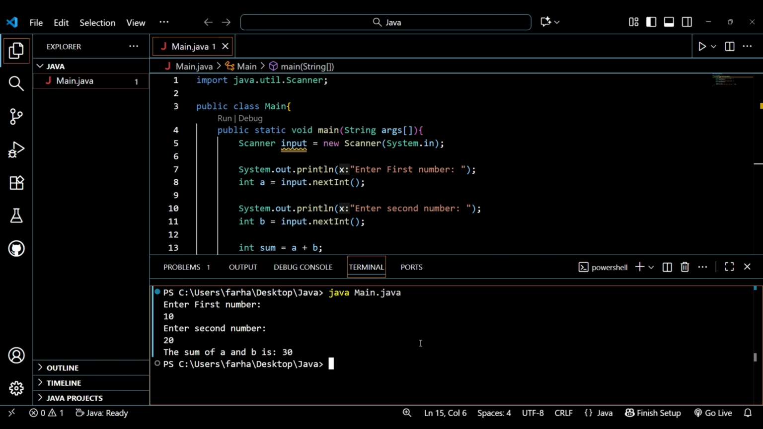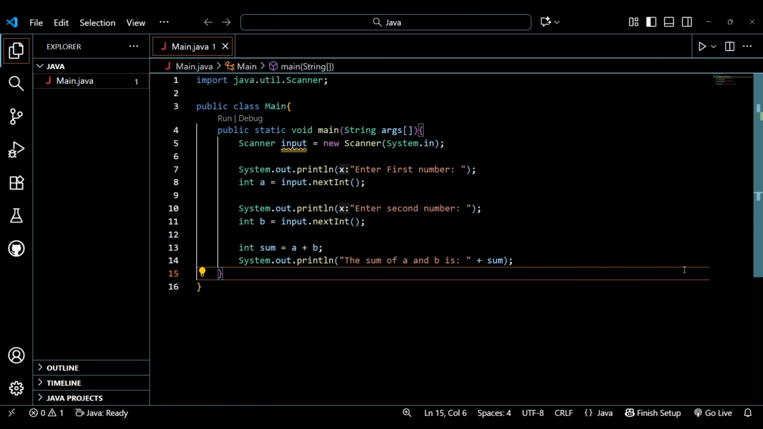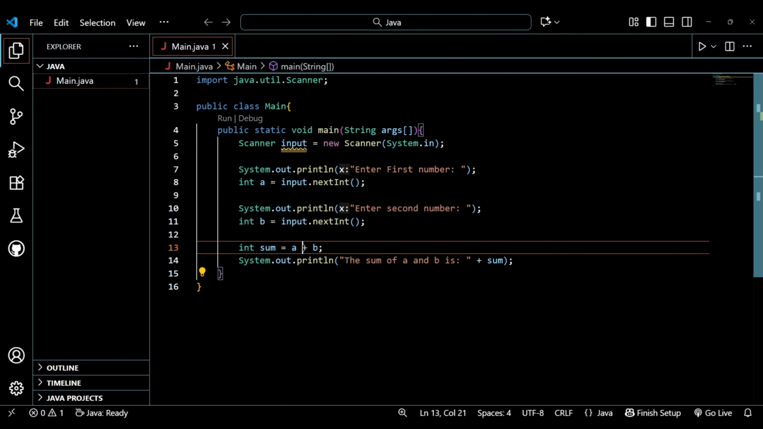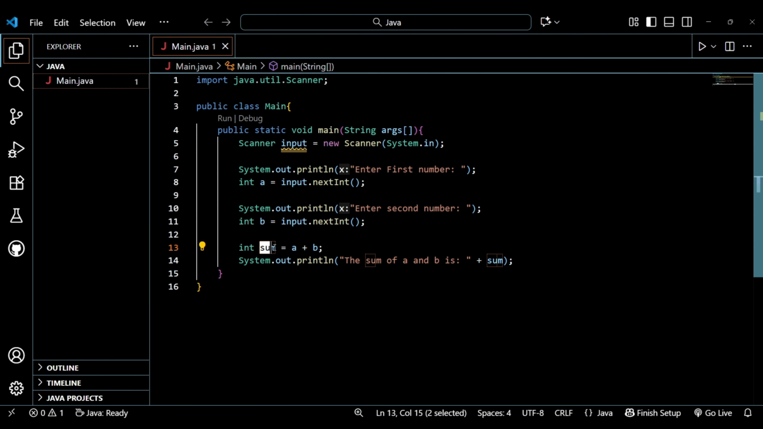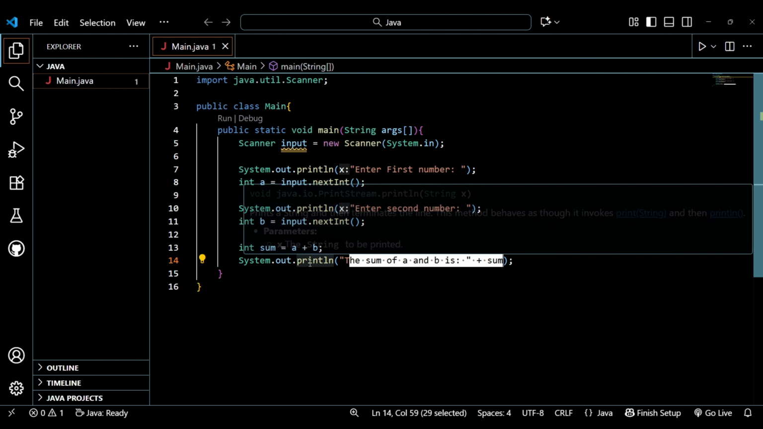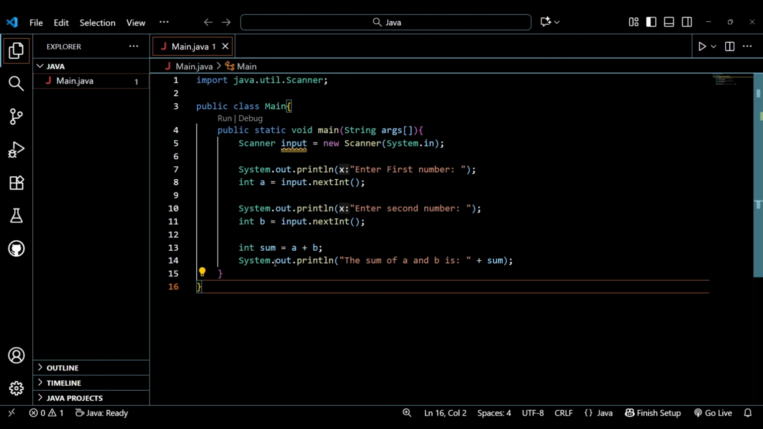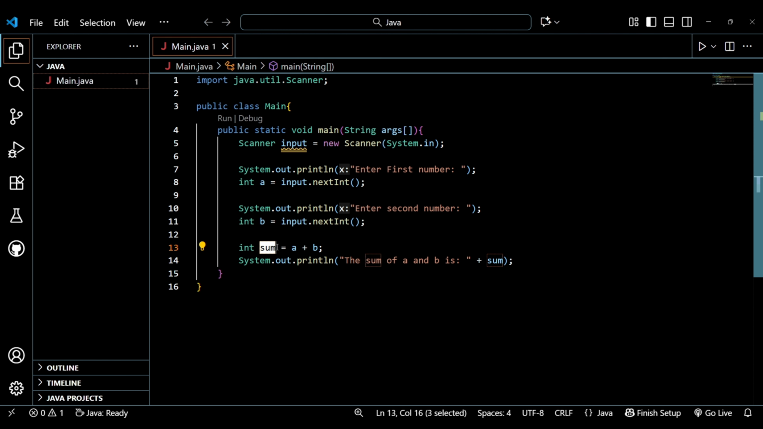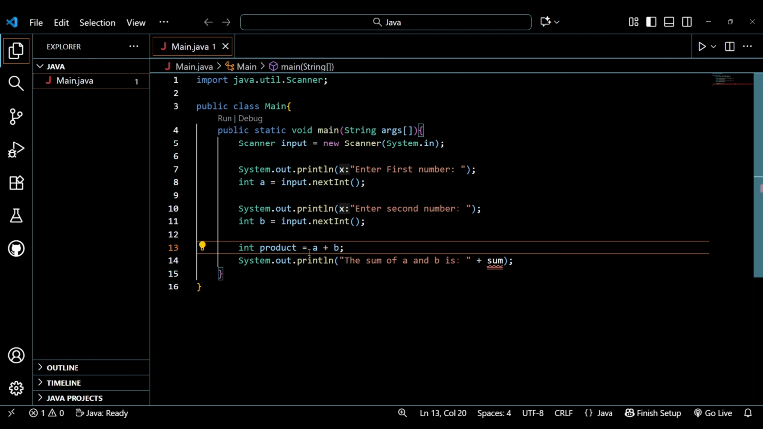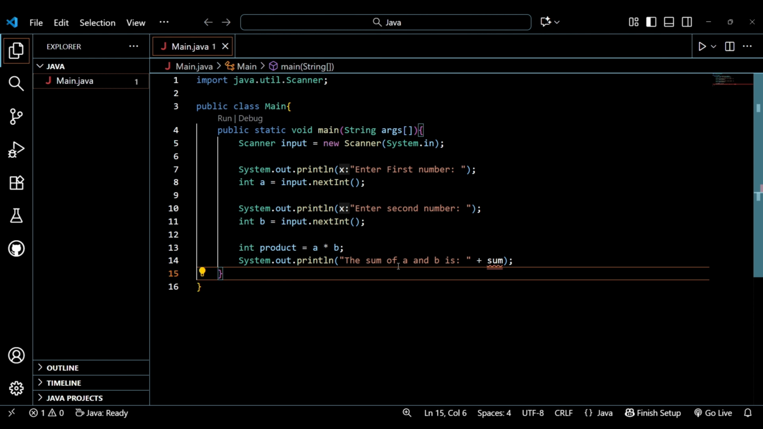Now similarly, if you want to perform any other math operation between two numbers, you don't need to change the whole program. Just change the operator, the variable name, and the print message and run it again. For example, if you want to find the product of two numbers, I will simply replace the plus operator with the asterisk operator like this. int product = a * b; System.out.println("The product of a and b is " + product);